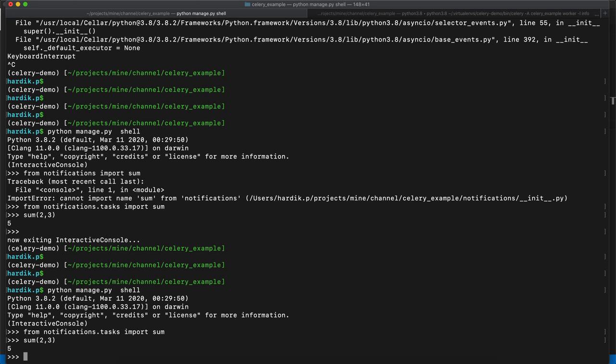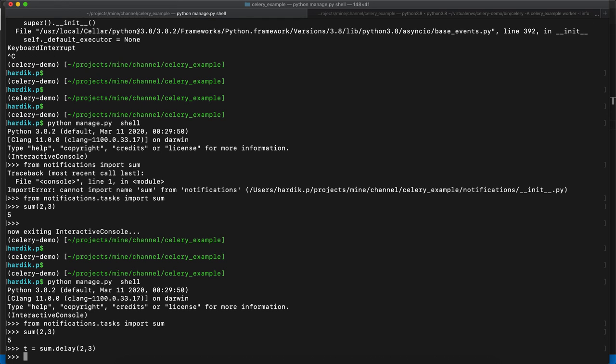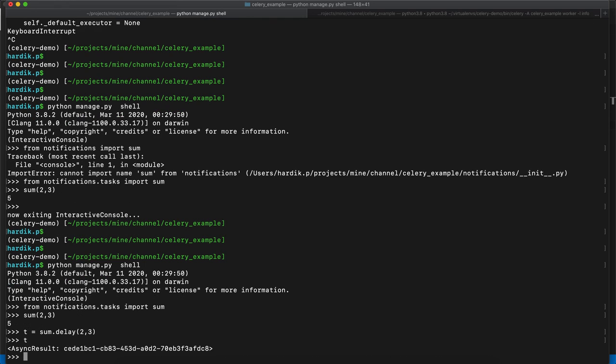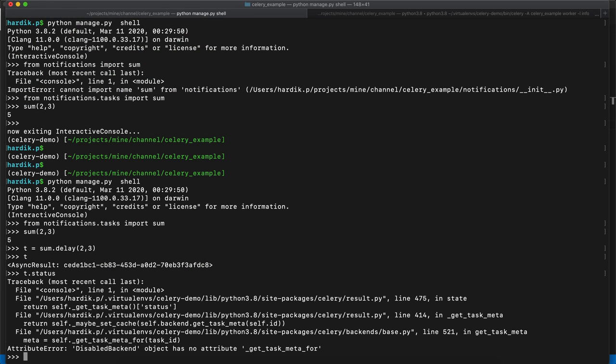So basically what you need to do here is sum.delay. There is one function we have, called delay, because of that shared_task decorator. So now you can call it like this, sum.delay, and pass all the arguments the same way, 2, 3, and what it will do is give you one task id or task object. As you can see, it is called instantly, we have a result. If you print this t, as you can see, it is an AsyncResult. Basically you can check the status like this, but for now you will not be able to check the status unless you add a backend for that. That is called the result backend.